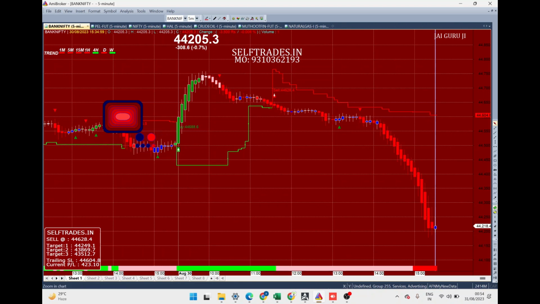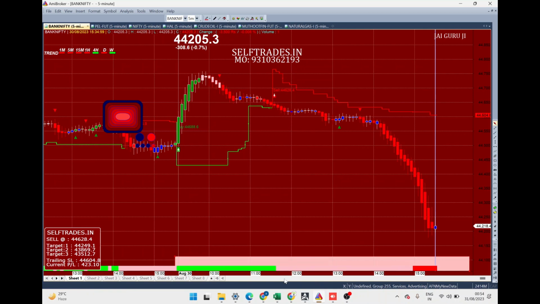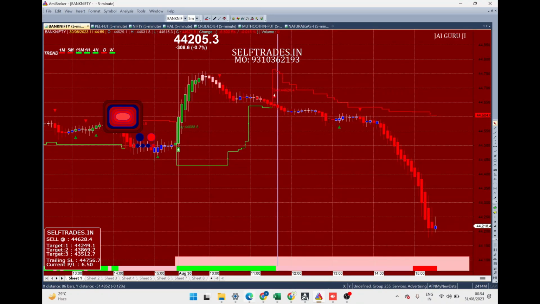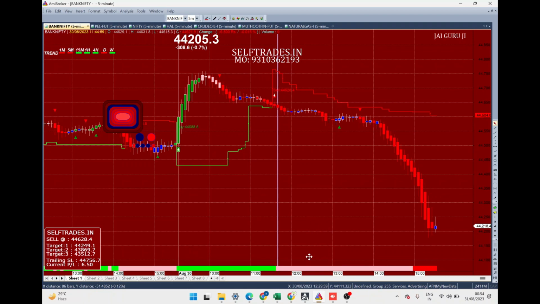The last but not the least is our baseline. If you look here at the bottom, there are some color coded things: green, red, pink. When this is green, it means bulls are in favor. People are making money as bulls, so more people are buying at market price. As we got a sell signal, look, the bulls have decreased and this became pink. Pink is also a symbol of red. It is just a shade of red, so you can consider this as red also.